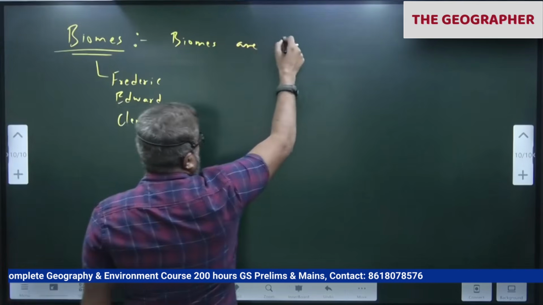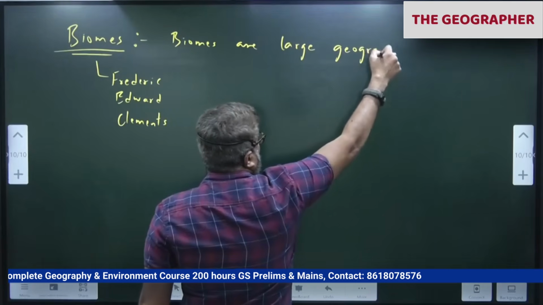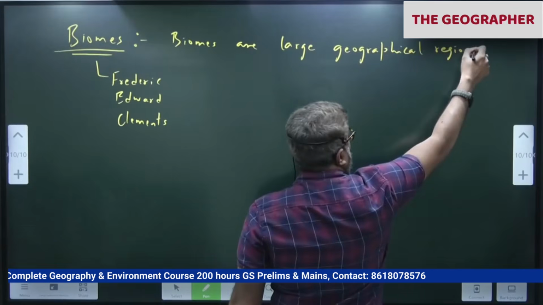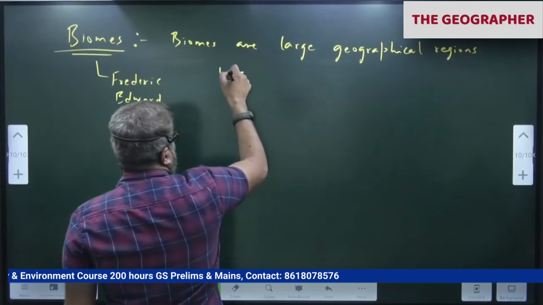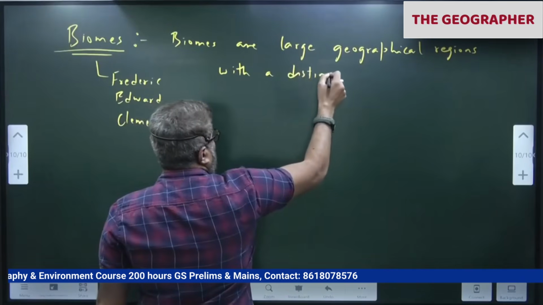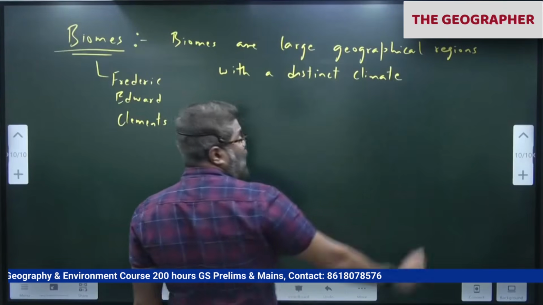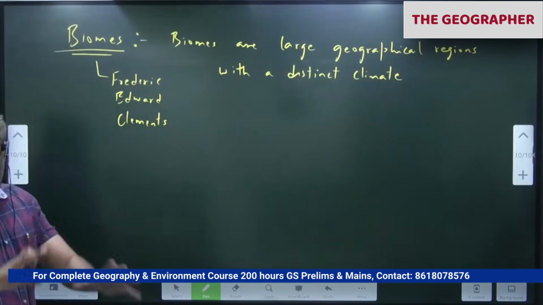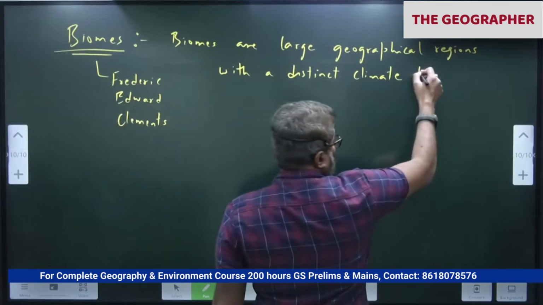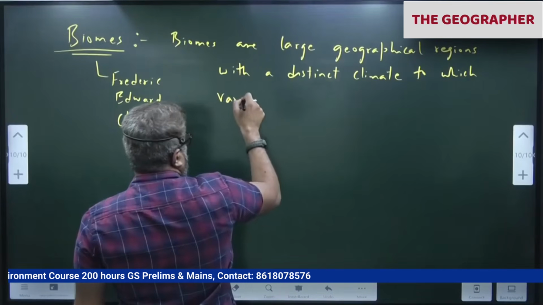are large geographical regions with a distinct climate. Please write first. With a distinct climate. I am writing because I have already told you the definition many times. With a distinct climate should be there. To which various flora and fauna